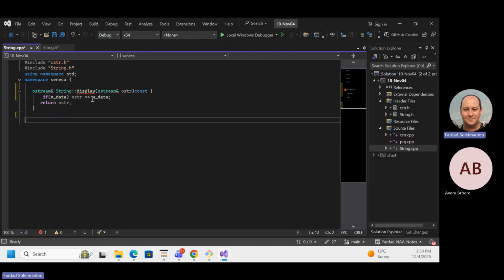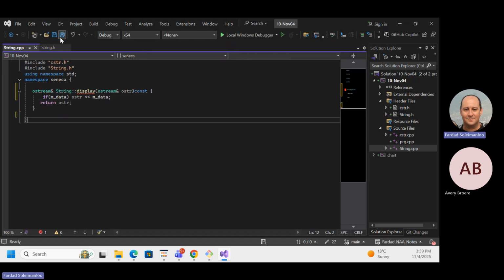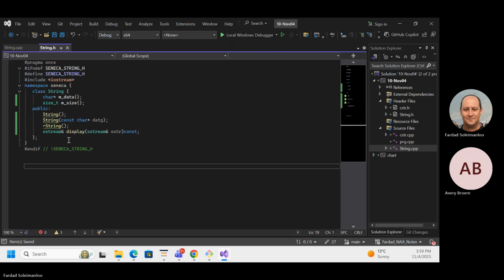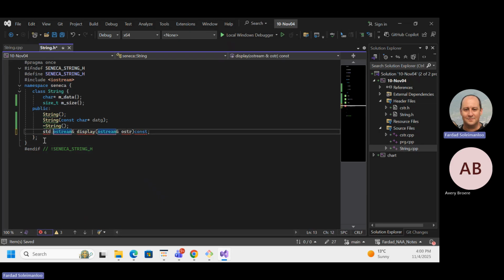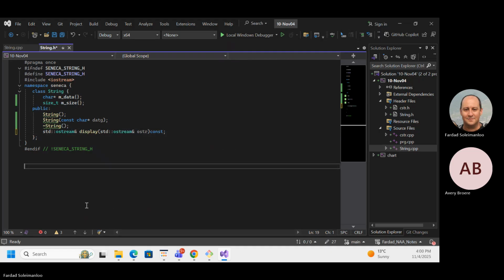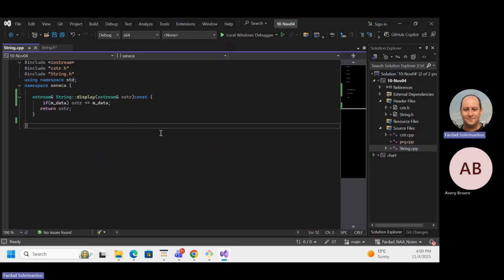And I have no idea why is it giving me that. Incompatible. What is it incompatible? Why is it? Oh, this is O string. This is STD, you bad boy. Okay, that's better. What do we have here? That's good. All right. And in here, I need to use it. So we're good. Questions down to this point? I just made the boo-boo and I fixed my boo-boo.